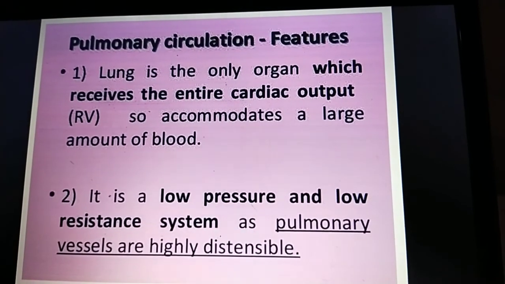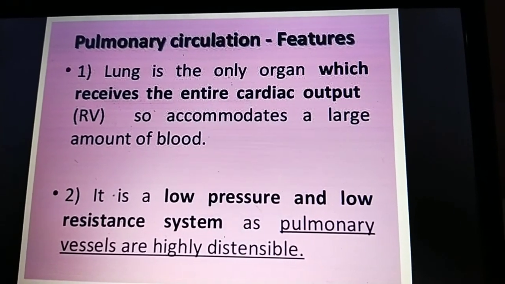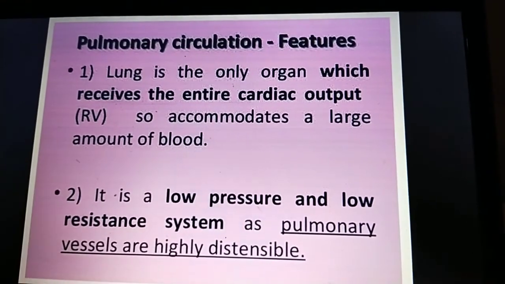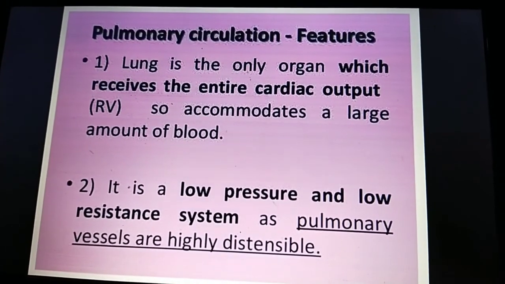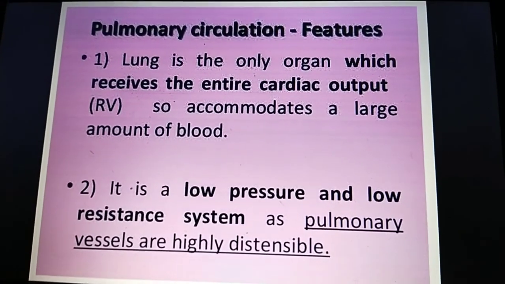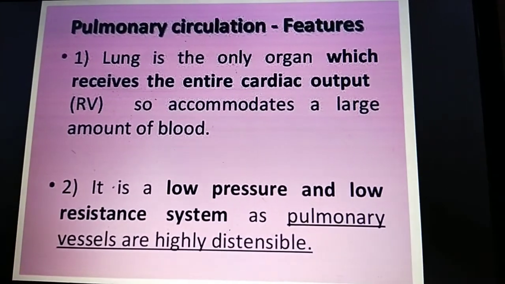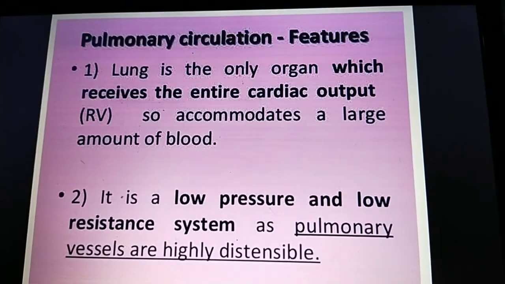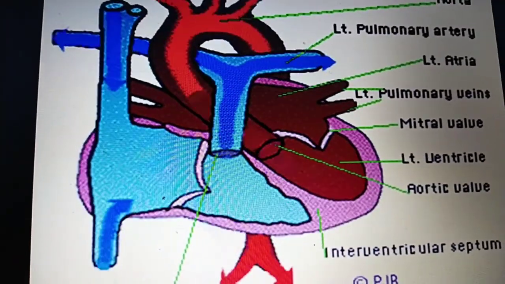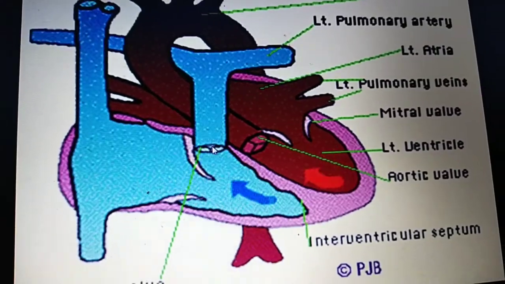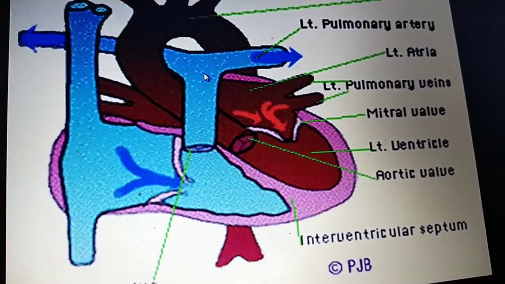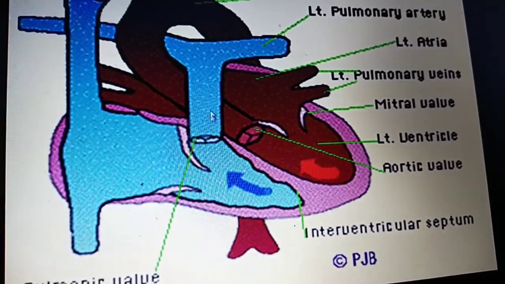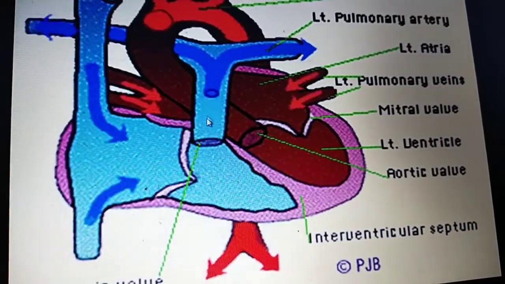Now we can go for the anatomy of the pulmonary artery and pulmonary trunk. Before that, we have to understand what is meant by the pulmonary trunk, which is divided into the right and left pulmonary artery. This is the pulmonary trunk. It then divides into the left and right pulmonary arteries. It is a long, elongated, pipe-like structure.